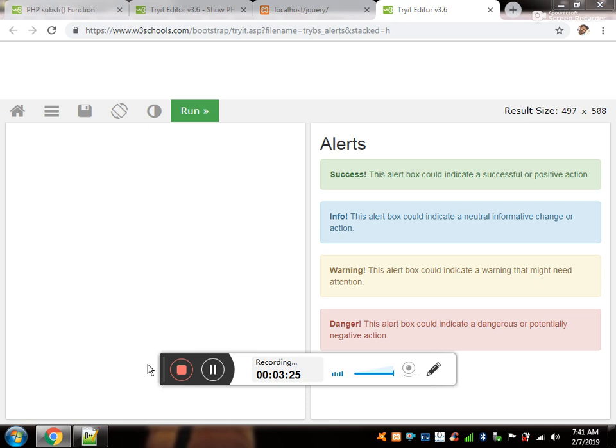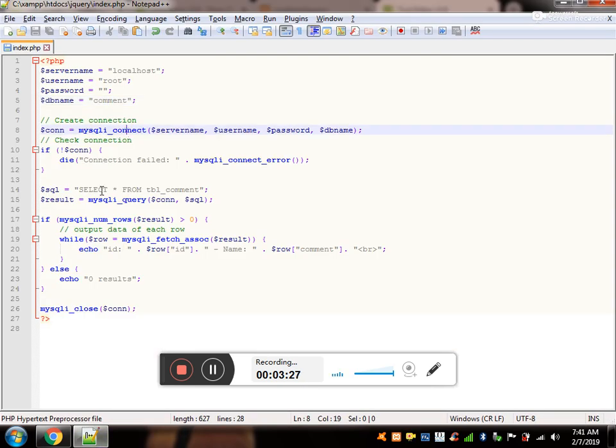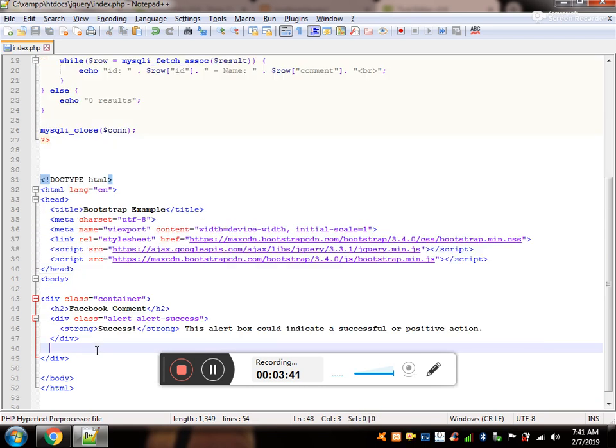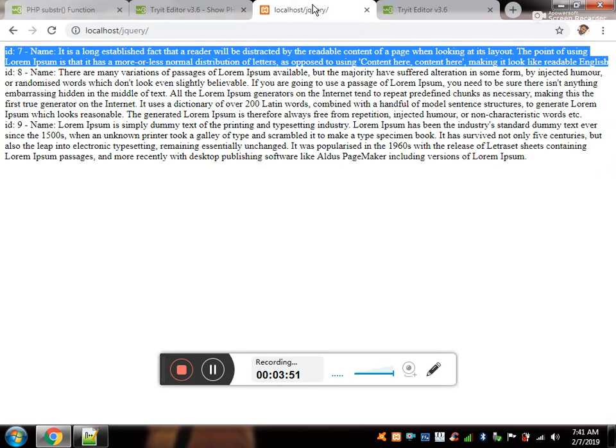Since this is index.php, you have to make sure where your PHP opens and where your PHP closes. Facebook comment, and for our convenience we'll have comment. If I run,